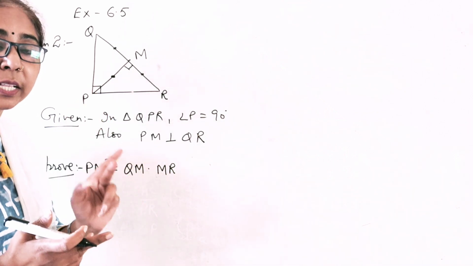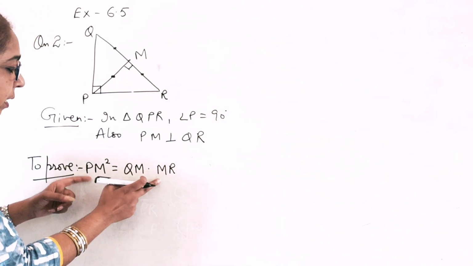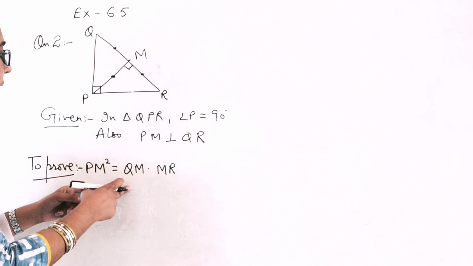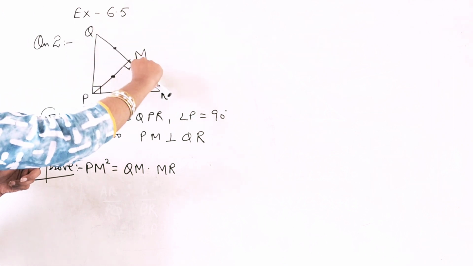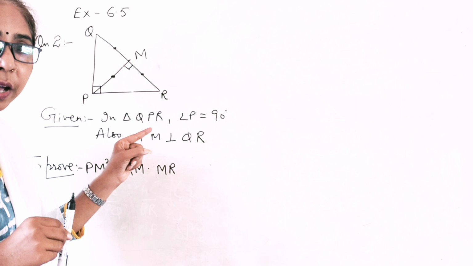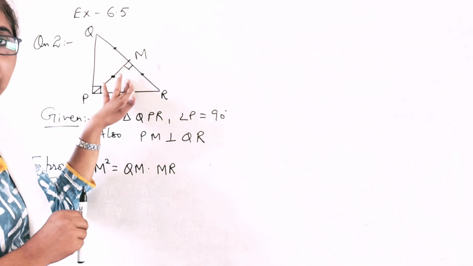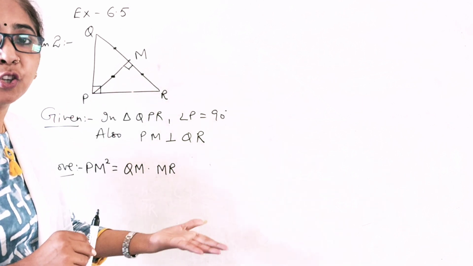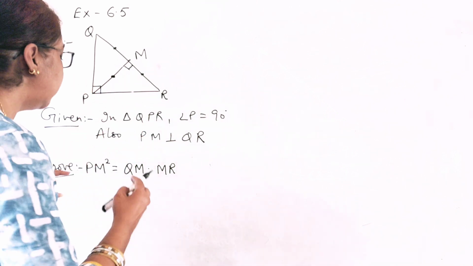So I have to make the two triangles similar. But which ones? You get it from what is to be proved. From that, I know that I want this side PM, I want QM and I want MR. And these sides are in two triangles. First one is QMP and second one is PMR. Now these two triangles are similar, I know because I have a theorem, but take care while writing the names of the triangle.